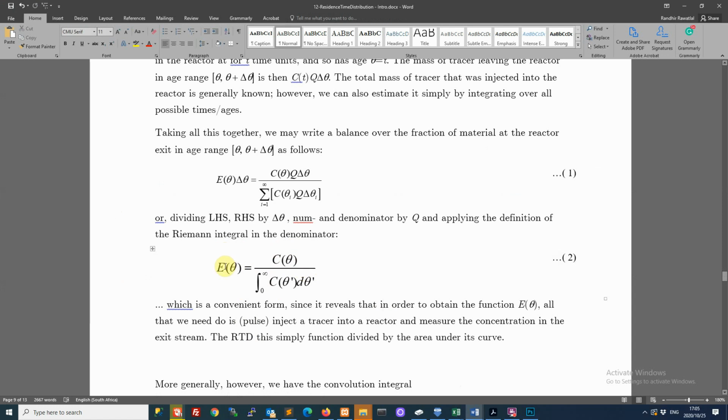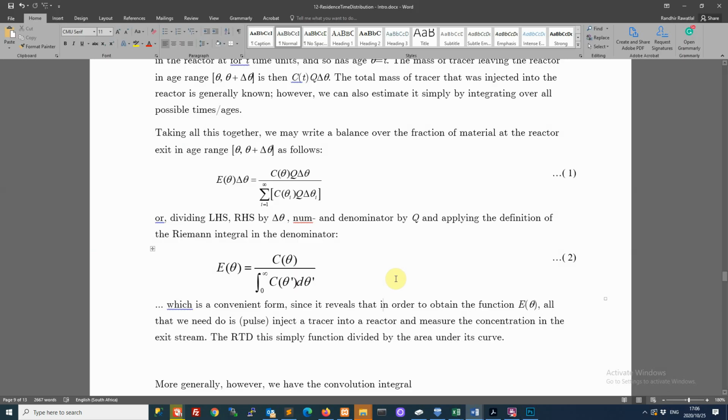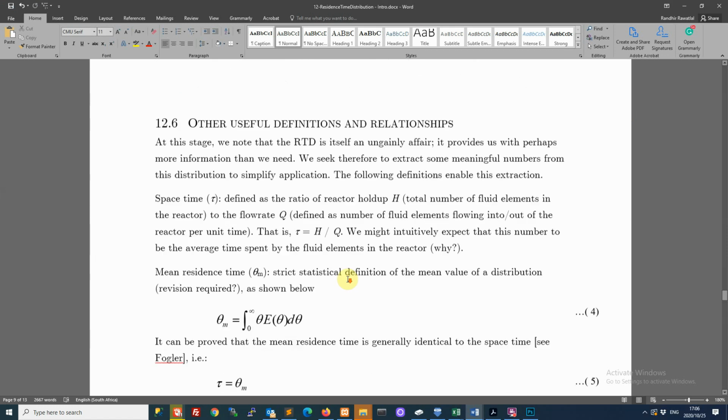Now this was not exactly what we were talking about. When we were talking about this reactor, we were talking about what proportion was in the reactor rather than at the exit point. So the other missing piece is the relationship between E of theta and I of theta, the internal age distribution. So we have now a nice way to estimate the exit age distribution. Can we now figure out what the internal age distribution was? So to do that,